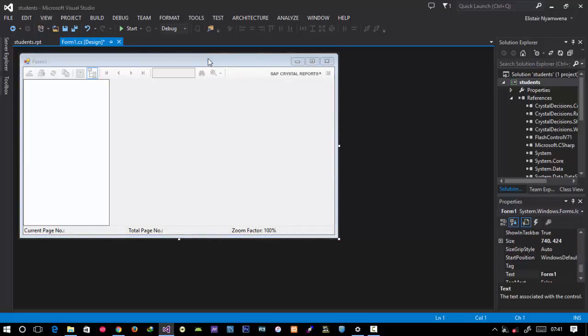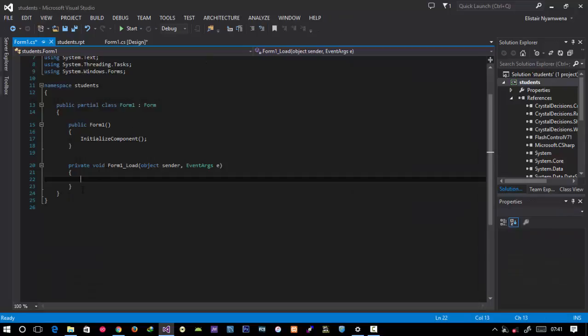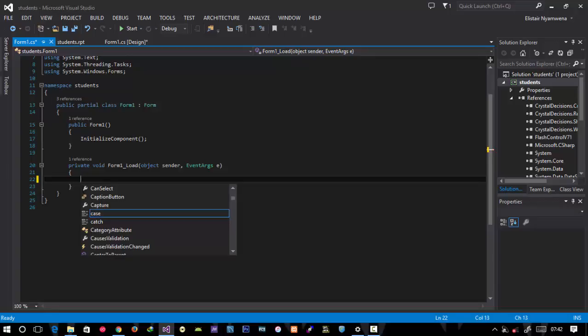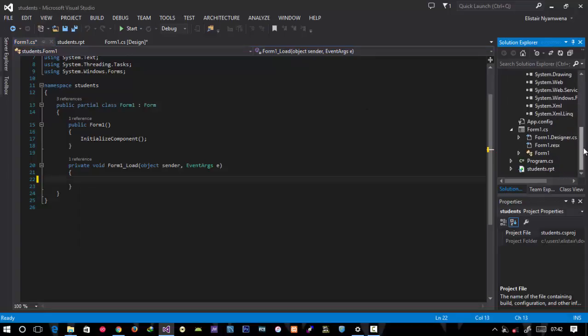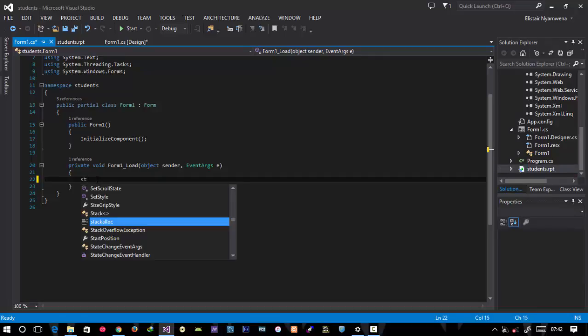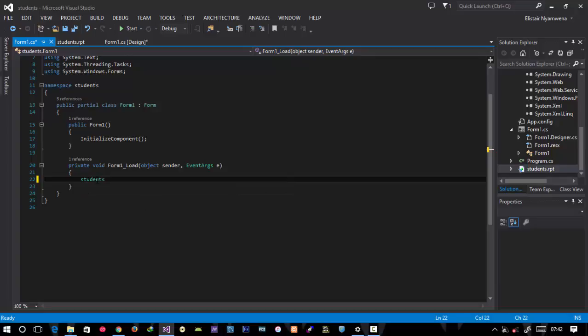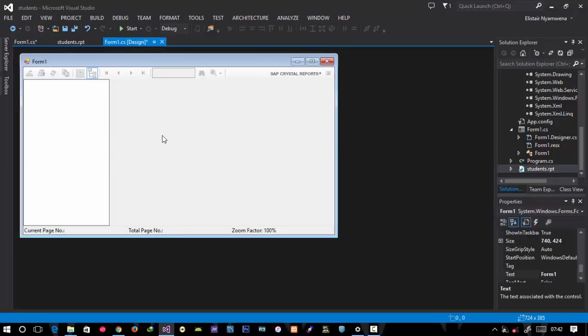So what you need to do is, when this form loads, it's going to load the data from the Crystal Reports. We have named our report students. So you just say students, let's say S is equals to new students. This Crystal report viewer, I used the default name, so it's supposed to be